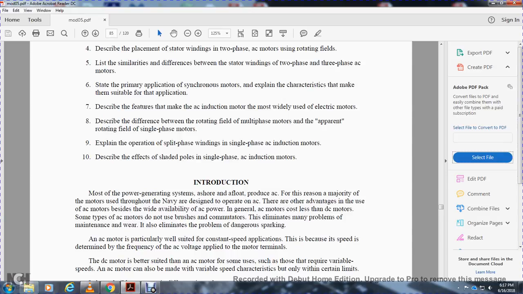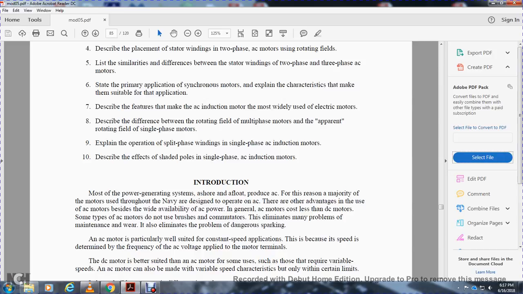Introduction. Most of the power generation systems produce AC power. For this reason, the majority of the motors used in the Navy are designed to operate on AC. The other advantage of AC motors, besides the general availability of AC power, is that AC motors can cost less than DC motors. Sometimes the AC motor does not use brushes or commutators, which eliminates many of the maintenance problems from wear and